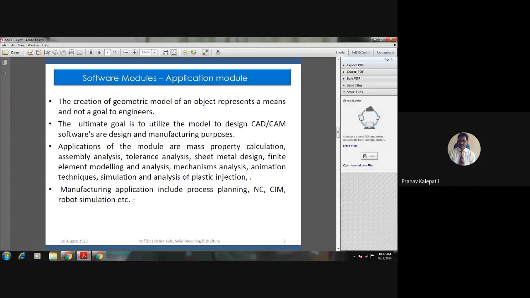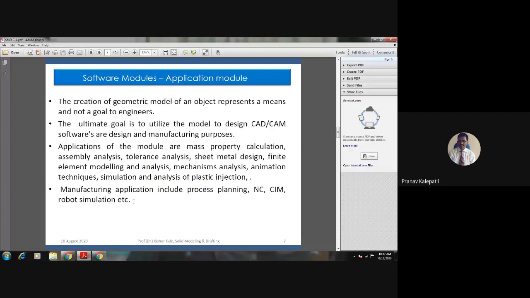The model will give the dimension, volume, everything. Now, for mass property, I want a very specific answer. Please try at least.